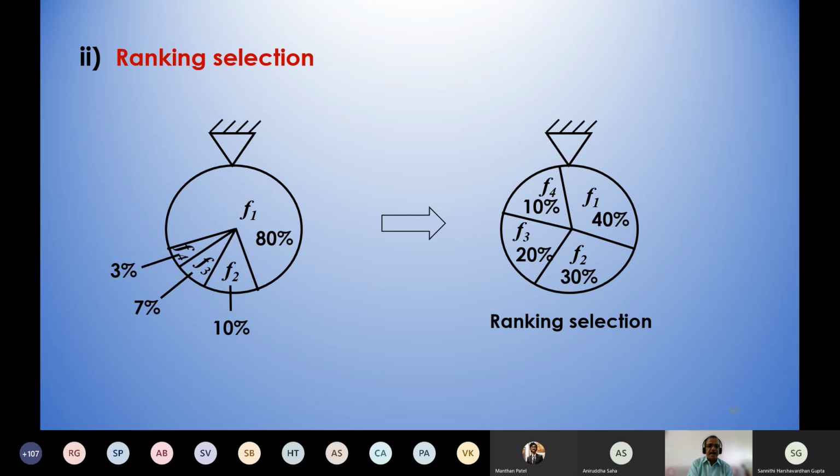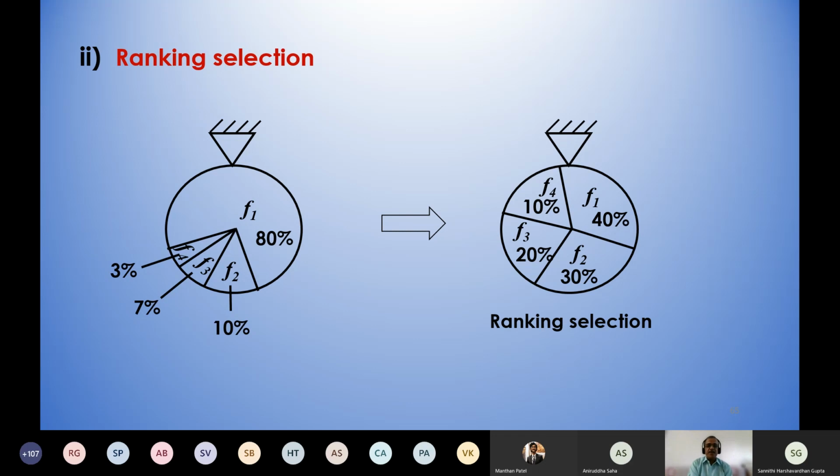And after that, you add the rank values. That is first rank, second rank, third rank, and fourth rank. That means the worst string is assigned the first rank, and the best string is assigned the highest rank, that is the fourth rank. Now, if you add the ranks, that is 1 plus 2 plus 3 plus 4, you'll be getting 10.